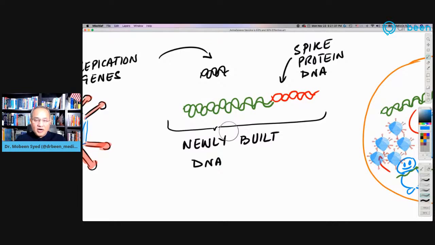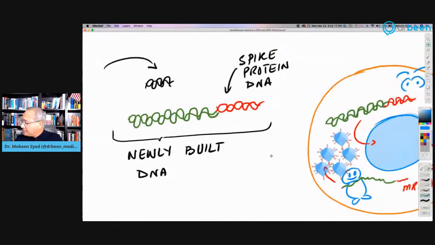Remember that for every RNA, there is a DNA complementary strand that you can actually build and convert the RNA into a DNA. So because the whole strand here for the adenovirus is a DNA strand, they convert the spike protein, oh sorry, I said spike protein, the spike protein gene from SARS-CoV-2 is converted into a DNA as well. So that is what is happening with the adenovirus DNA. They've removed one piece and they have added another piece. Good.